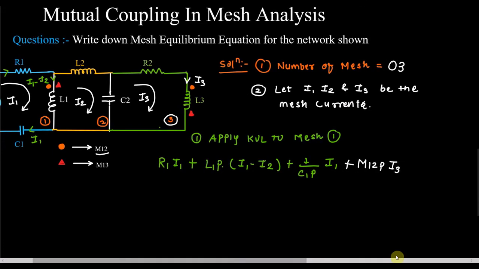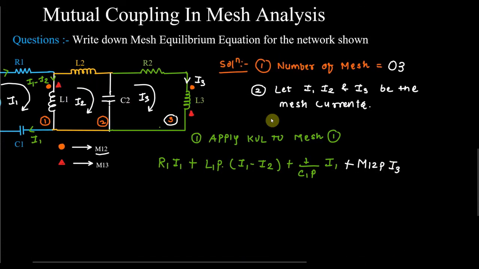Fine. Now similarly write the second one, for the triangle. So for the triangle, what is the value of mutual inductance? Mutual inductance is M13, so I am writing M13P. Okay, so for the triangle, the value is M13P. Now write the current. See, we have to write the current of the mutually coupled coil. So the first mark is here, the second triangle is here. What is the current through this triangle? Same, L3, because the triangle is associated with L3 and the current through L3 is I3. So this current is I3.